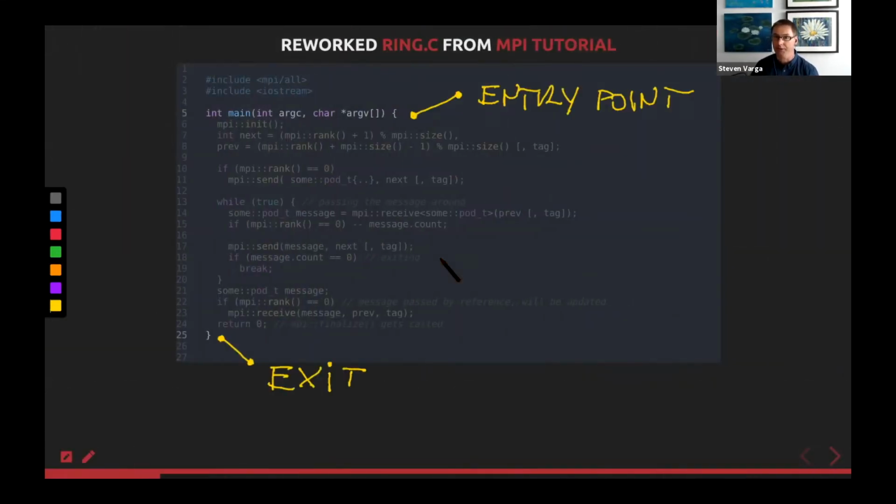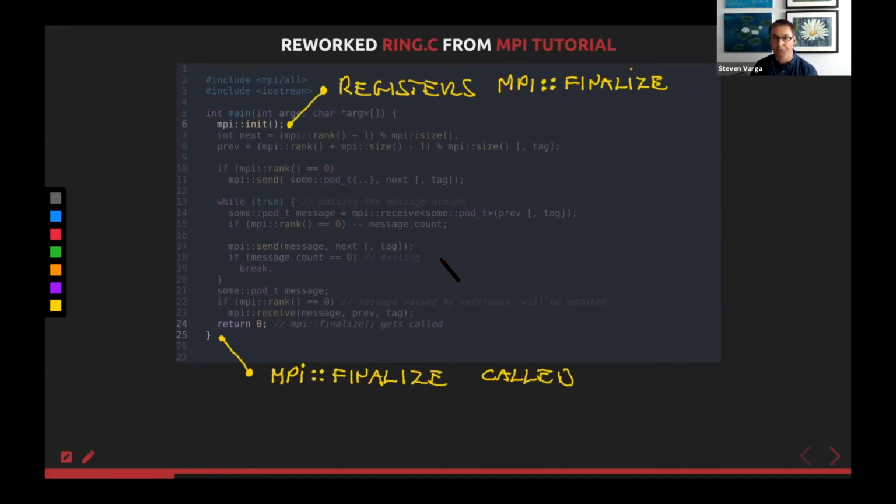What you see on my screen is a software snippet borrowed from an MPI tutorial, with an entry and an exit point of code. I'm going to walk you through what simplifications can be made and how we can achieve a more idiomatic MPI from a C++ perspective.